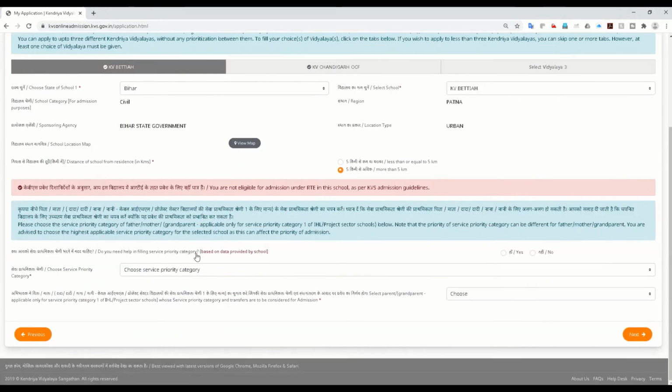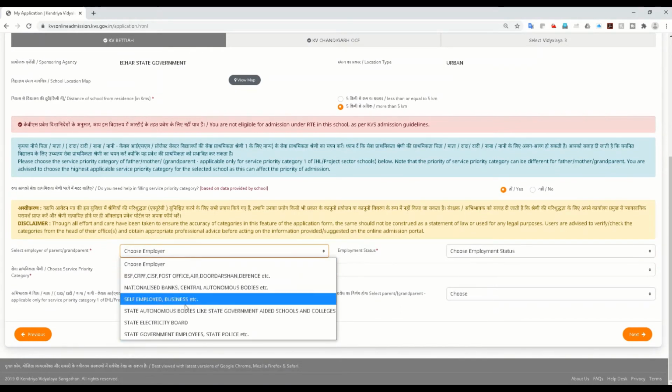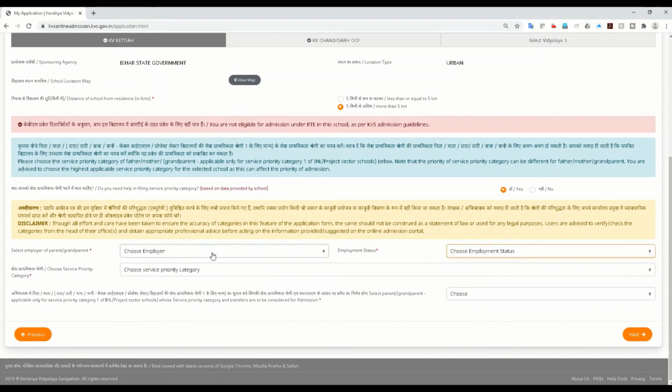For both schools you need to fill in this service priority category also. They are helping you understand which service or priority category applies. If you are working in some government or state government agency, you can select one of these and put the employment status here.